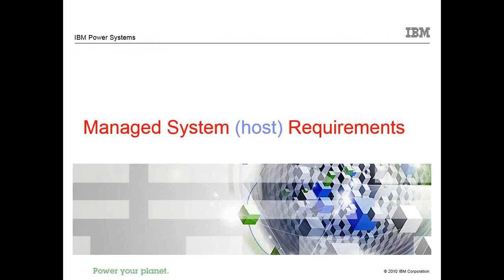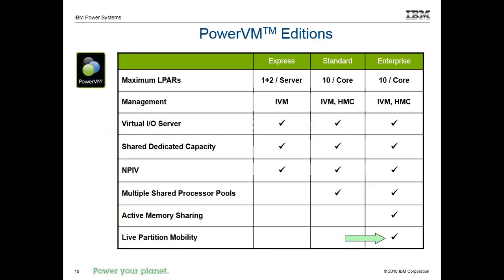Okay, let's talk about some more of the requirements for our source and destination systems. You have to have PowerVM Enterprise Edition. This chart is old, since marketing sometimes changes names, but I still call it the enterprise version of PowerVM. There are more things that have been added to this chart since then, but live partition mobility is supported and active memory sharing is supported. This chart doesn't talk about remote restart, but that's based on the edition. But you have to have the enterprise version of PowerVM on both your source server and your destination server.